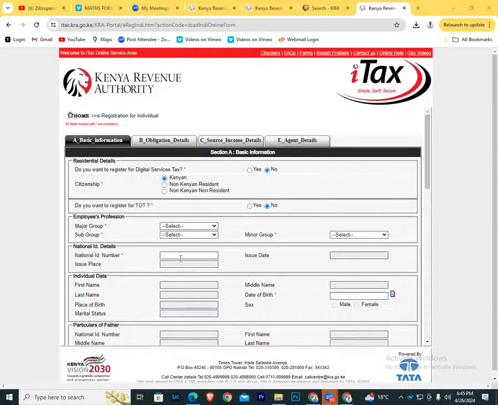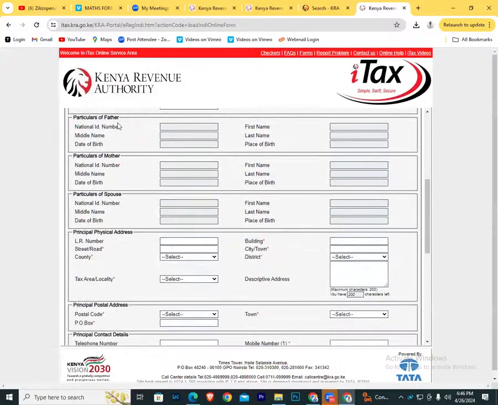So you see these two, national ID number and date of birth. These two pieces of information are picked directly from the civil registrar. The data that you supplied and the data that is reading on your ID, because iTax is linked with the system that the civil registrar is using. The two systems are basically linked. So the moment you key an ID number here, and you come here and key a date of birth,